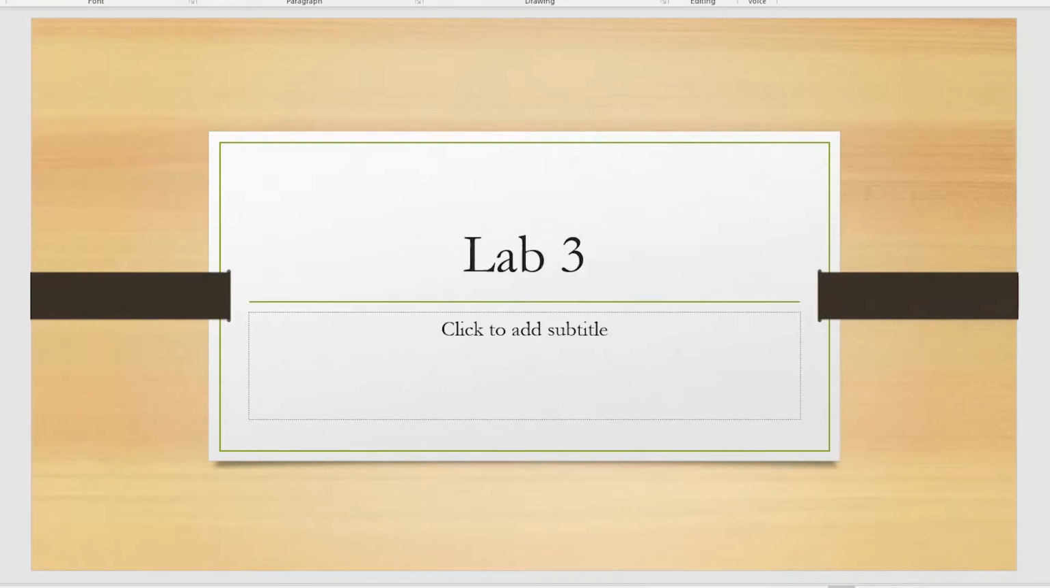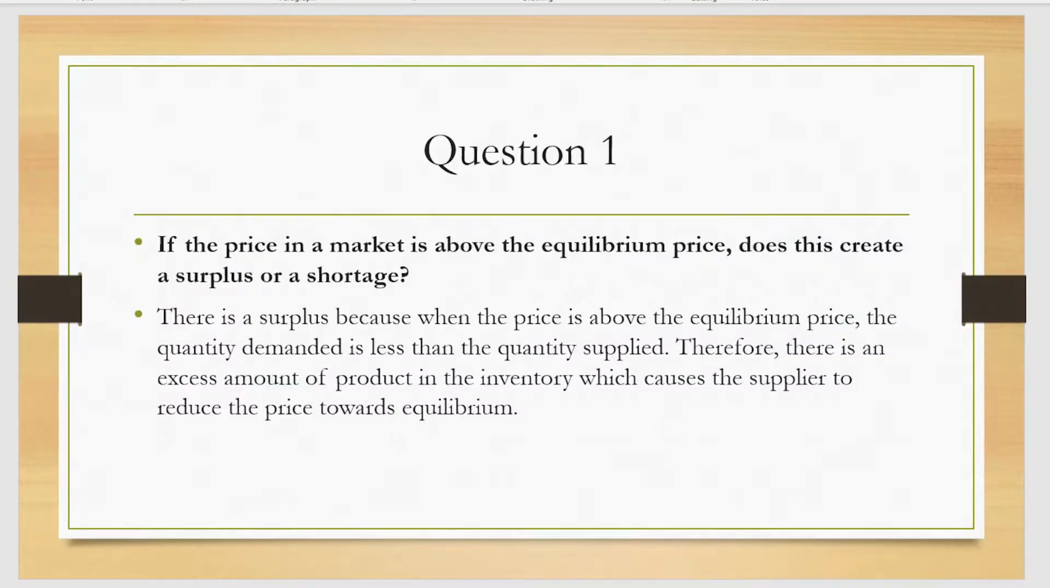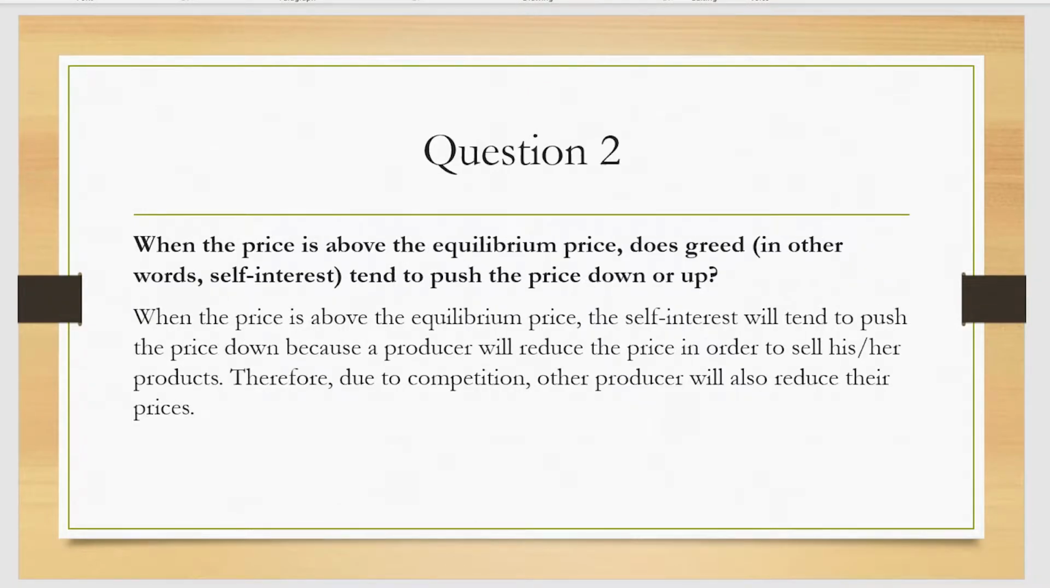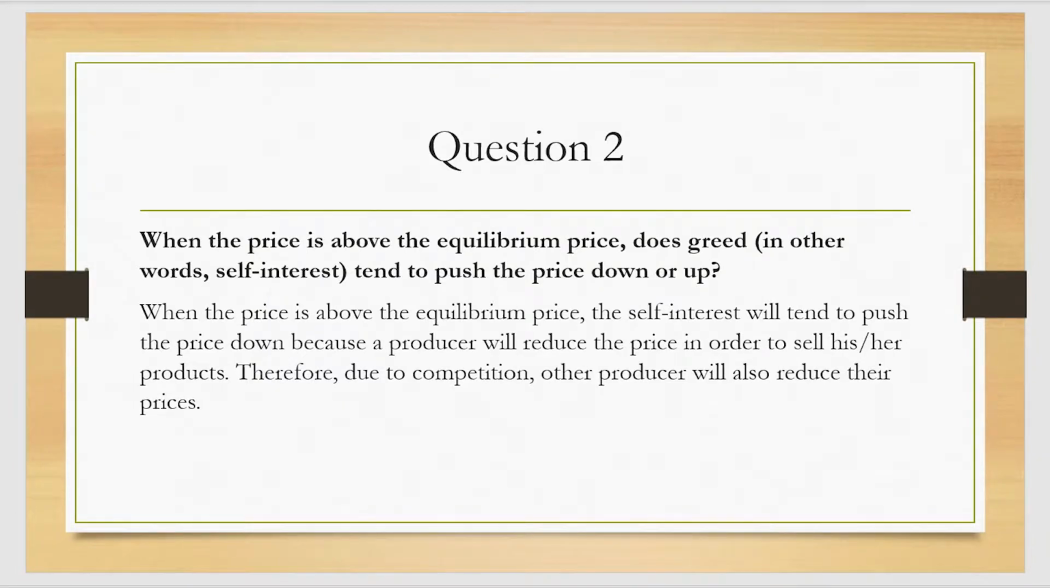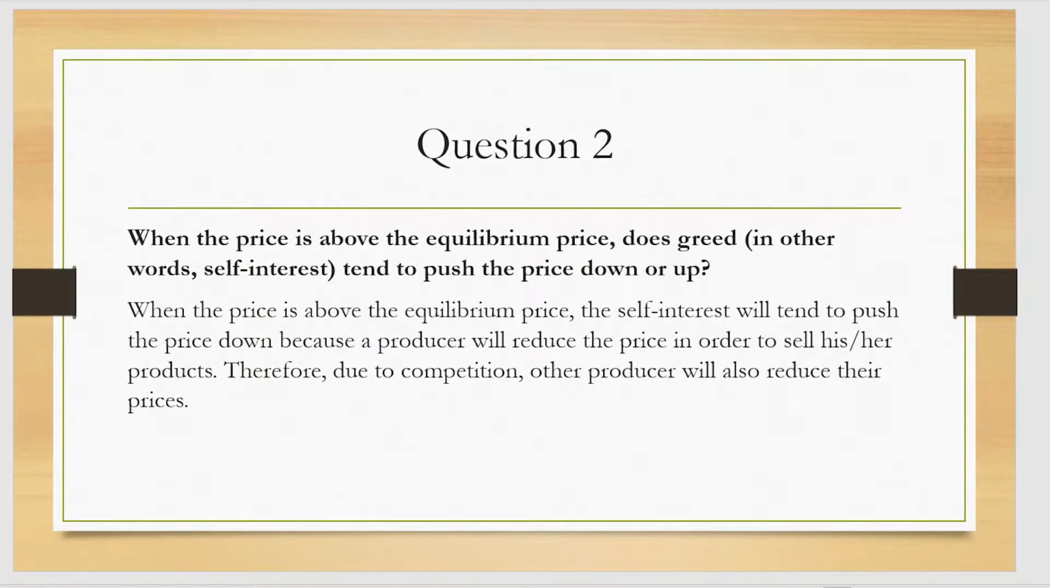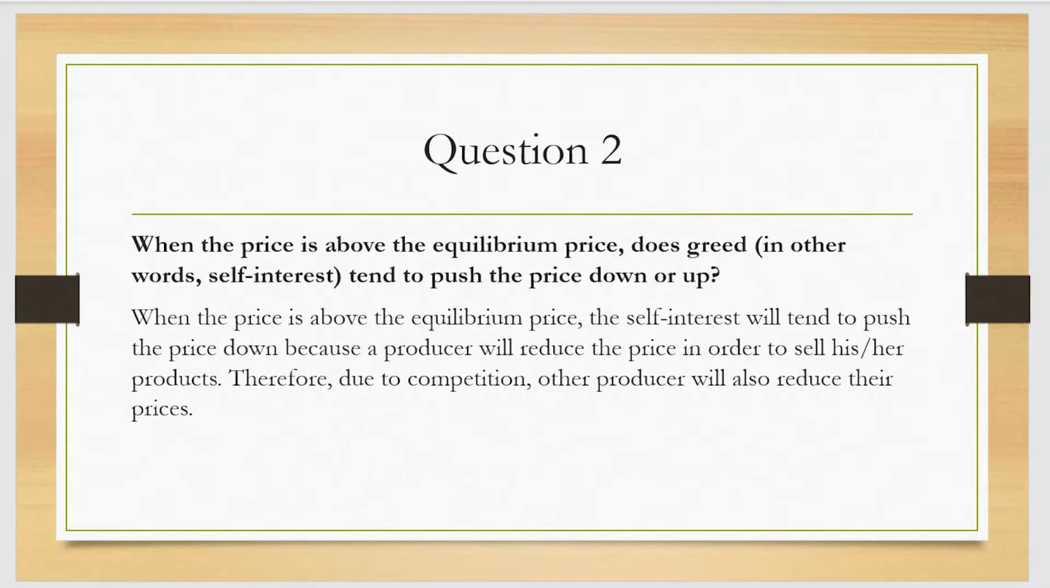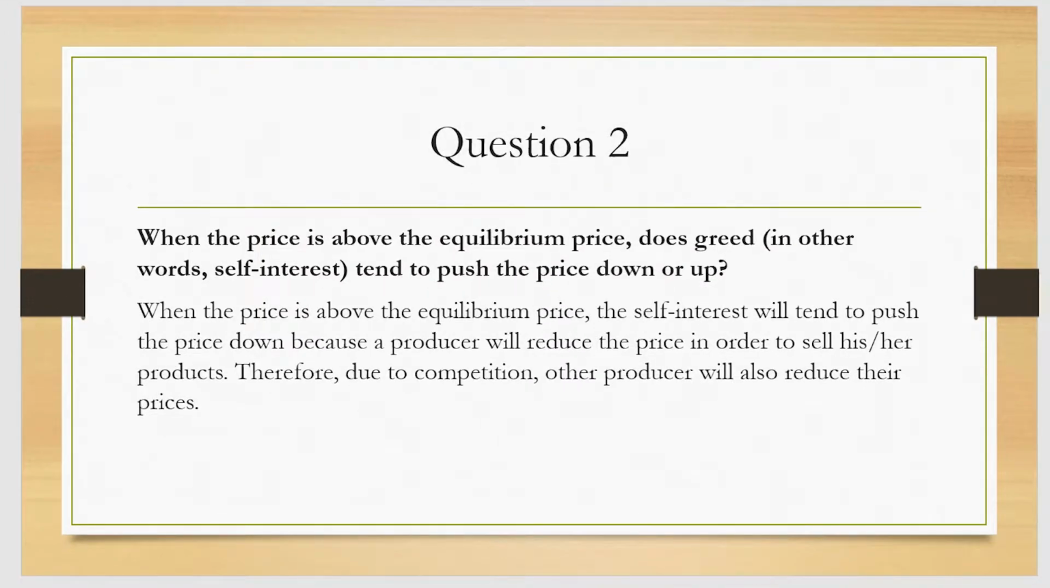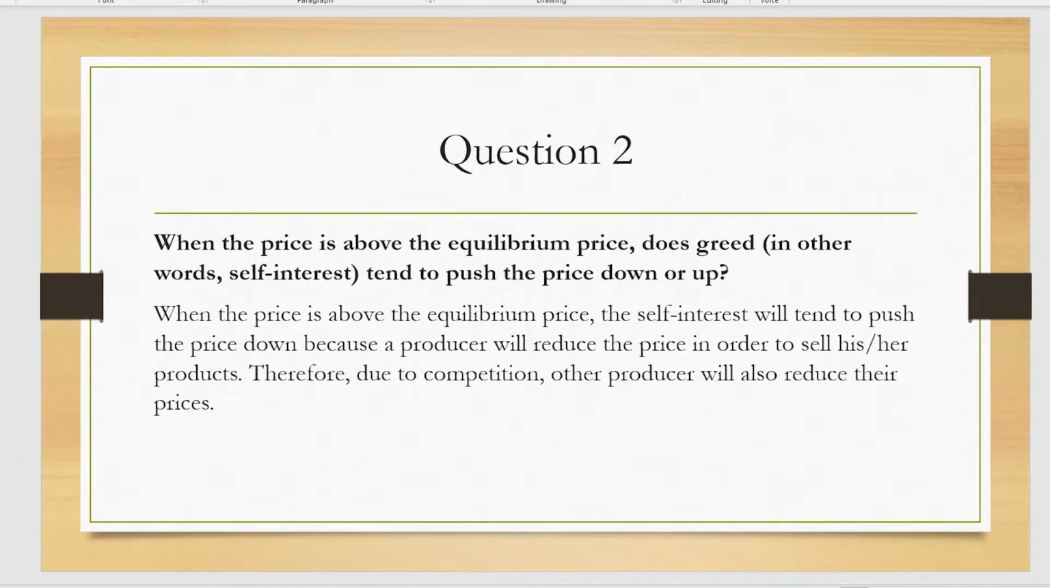Lab 3. Question 1. There's a surplus because when the price is above the equilibrium price, the quantity demanded is less than the quantity supplied. When the price is above the equilibrium, self-interest will tend to push the price down because the producer will reduce the price in order to sell his goods, and the competition between other producers will also reduce the price